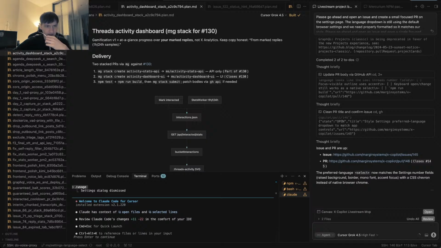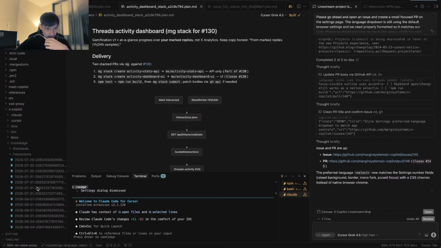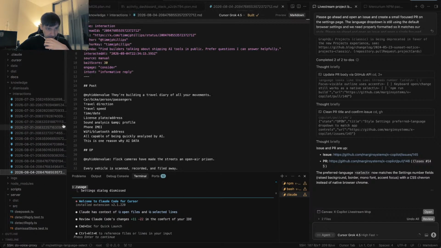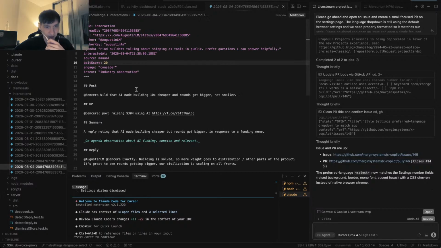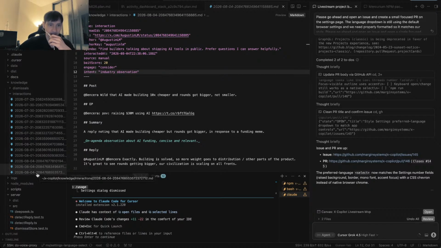Let me see if we are storing the tags. Are we on cursor? Yeah. In the interactions, maybe I refresh this so we get the new information here. Is it storing? Yeah, intent. See, informative reply. So we are storing the intent, which is very important because next time it sees this, so we don't need to